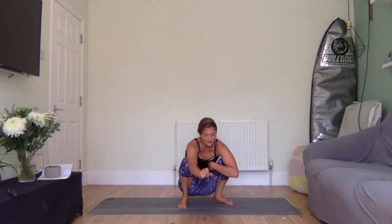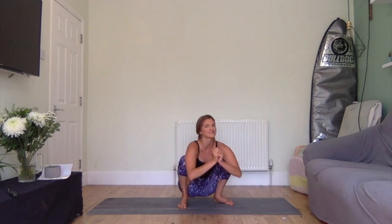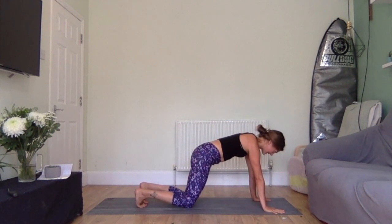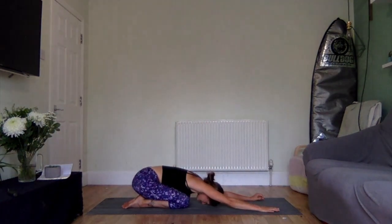Take a few more breaths there, remembering to push through the ground, suck the ribcage back up into the torso. And keep that gaze moving forward, not so your neck is cramped, but so you're gazing forward. Also, remember to breathe. So much better. Okay, when you're ready, exhale, everyone coming back into their plank, bringing their knees down, taking a big inhale, and exhale, melting back into your child's